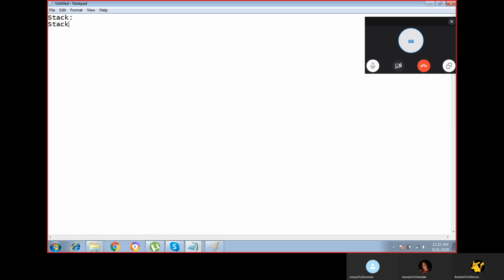Stack is the kind of data structure where we can store a list of elements, that is, multiple elements, more than one element, in a stack. So for example, let us take an example.